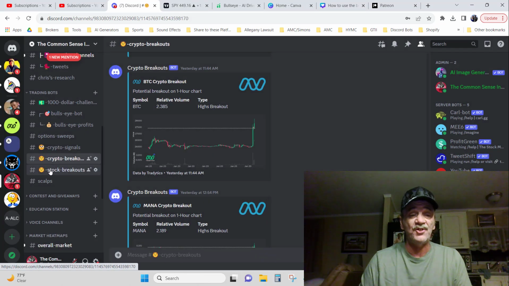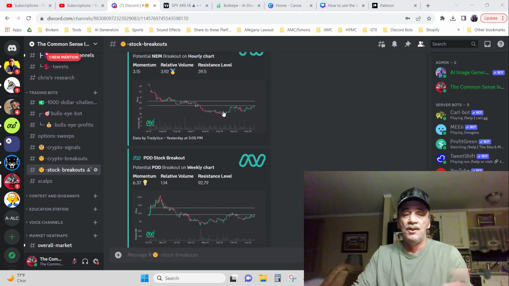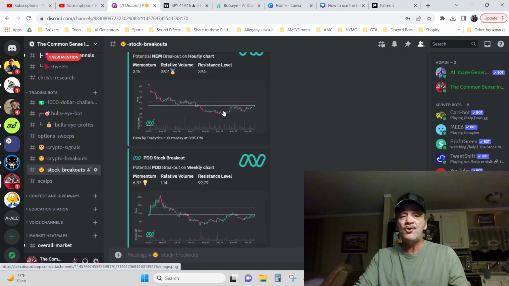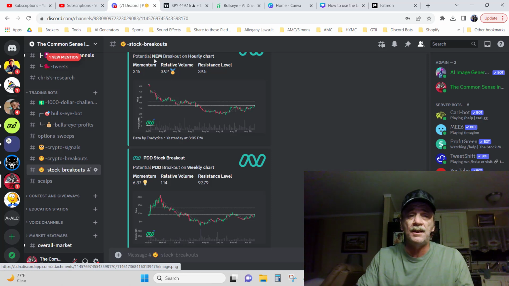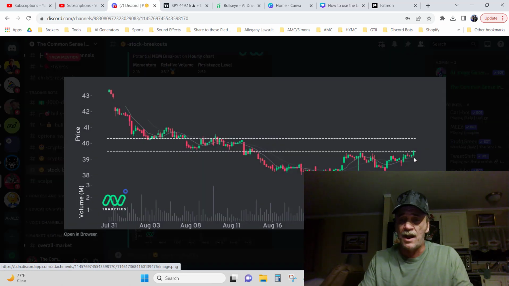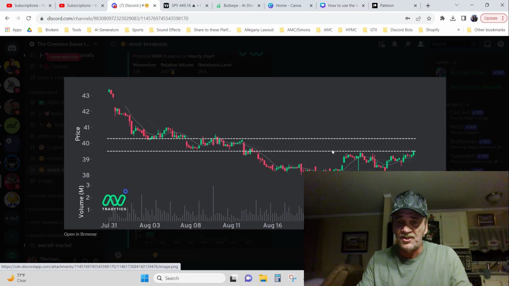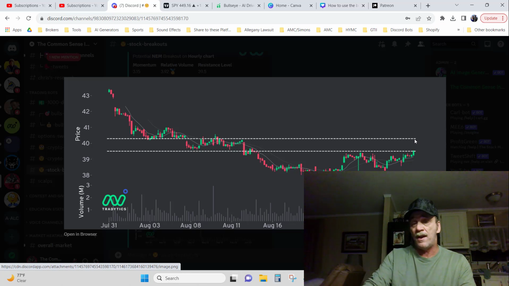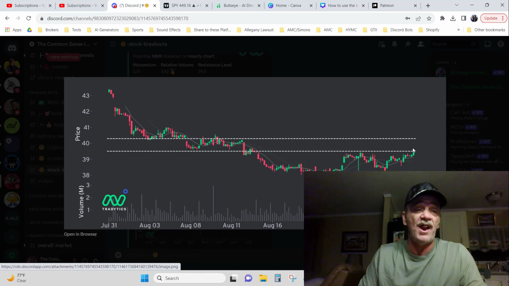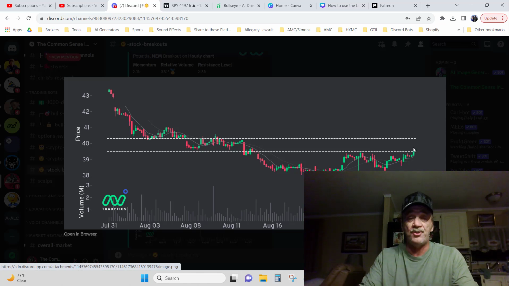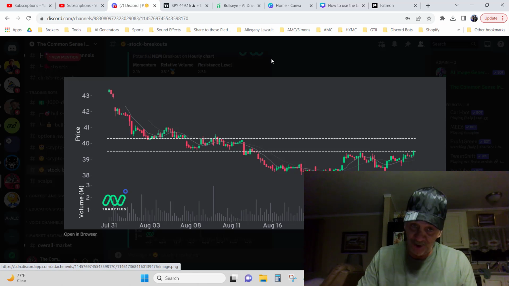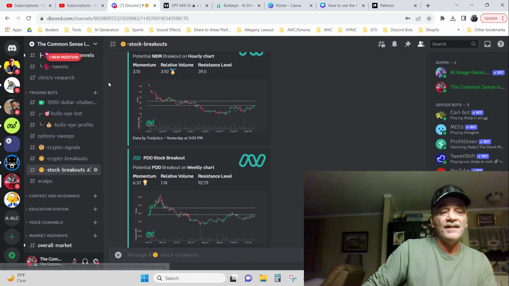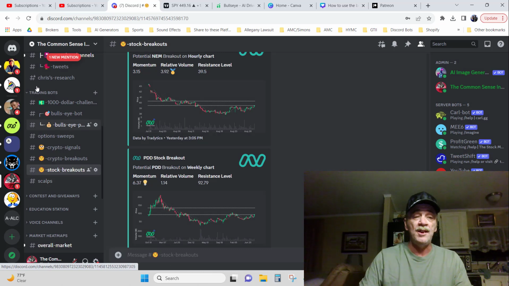All right, we got stock breakouts. Stock breakouts take out all the mystery. All right, this one right here is for NEM. It's breaking out on the hourly right there. See the resistance line and the resistance line? If it can move up into that, then you know that it's going to probably go to there. So you would figure out that that's $1. Maybe you could scalp 15-20 cents off the option, and you'll be in good money making shape. All right, so that's how we use the trading bots.